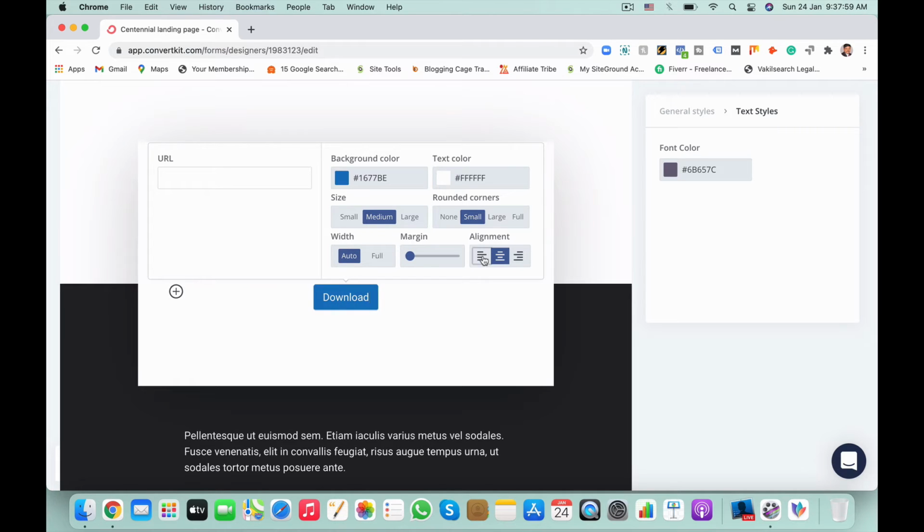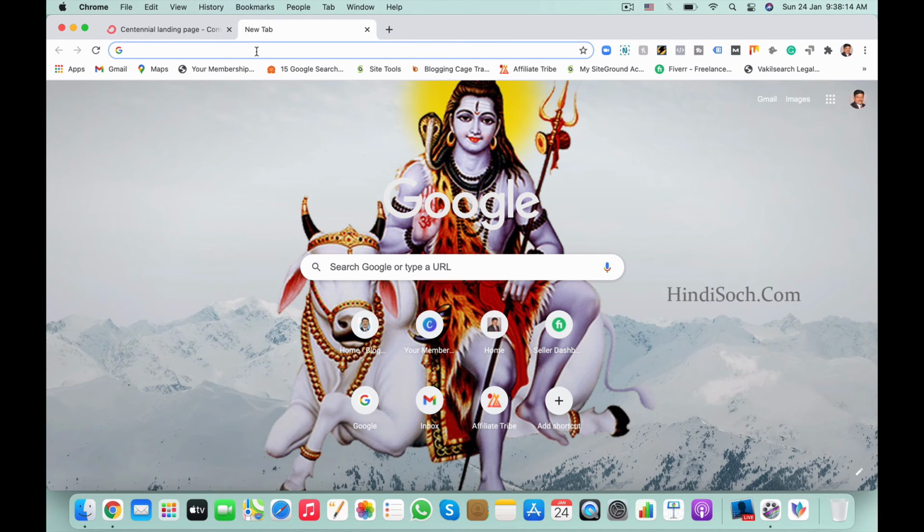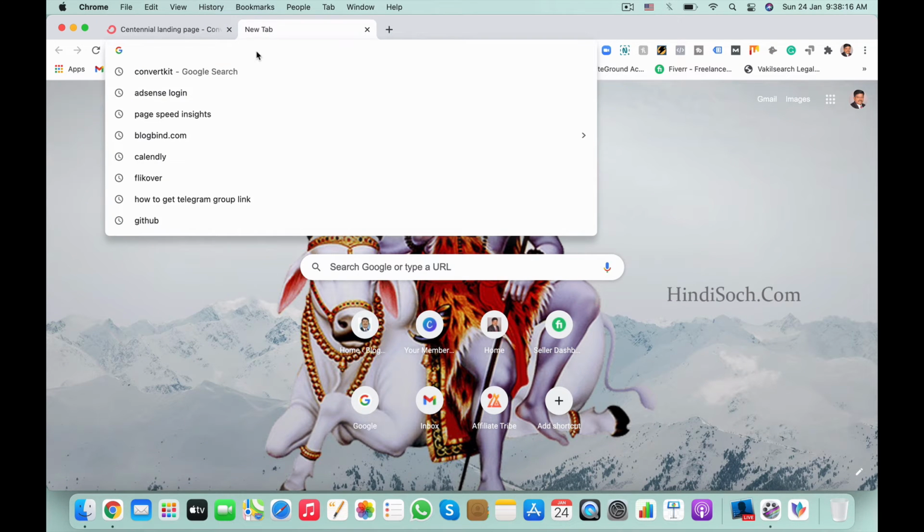Here you have to give the resource guide URL. We have uploaded it to Google Drive.